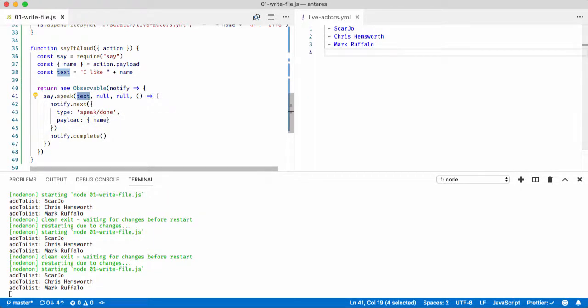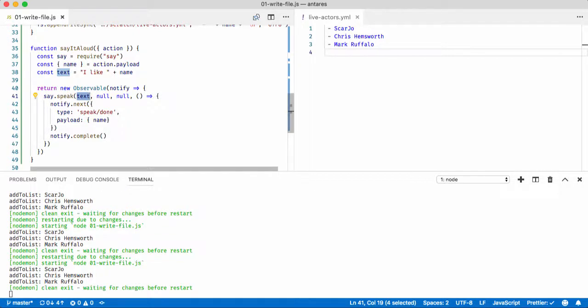I like ScarJo. I like Chris Hemsworth. I like Mark Ruffalo. Yeah, and so now we are kind of alerting that we're done, but we still have